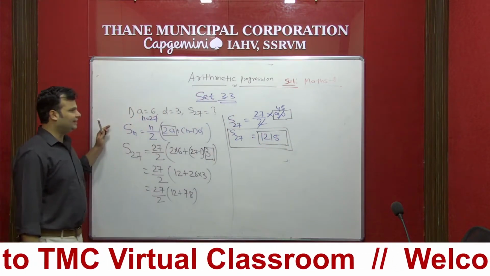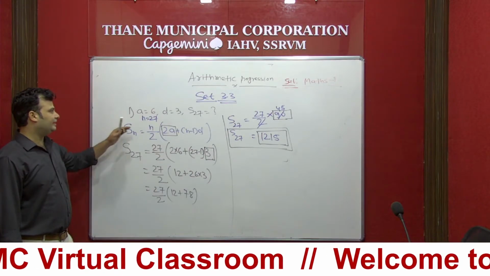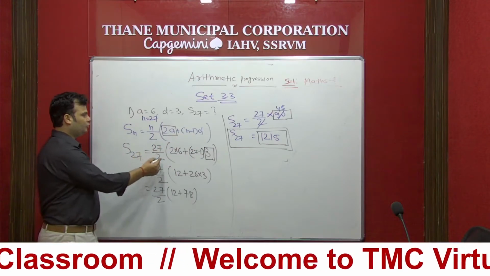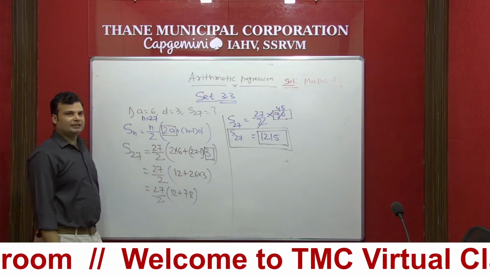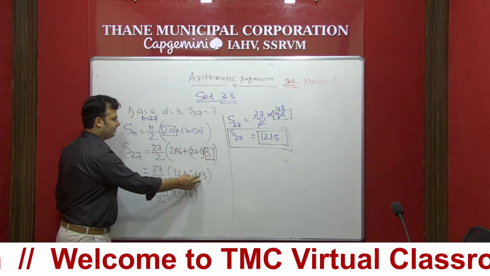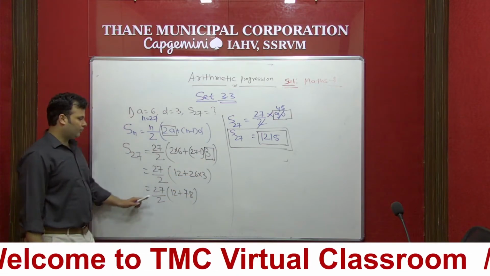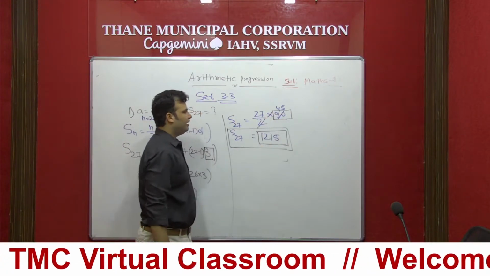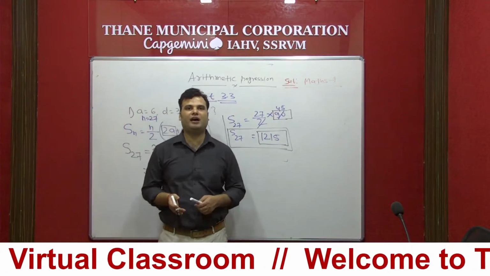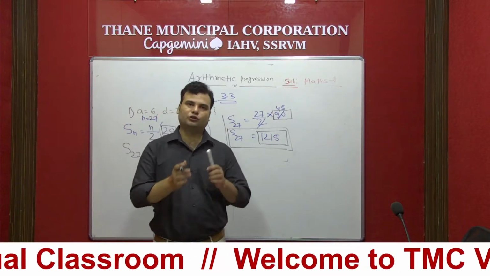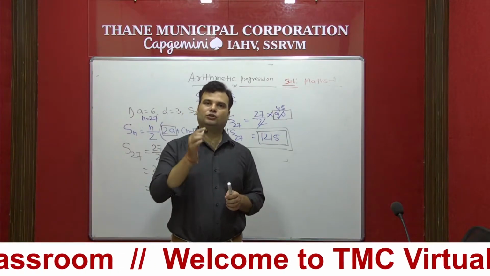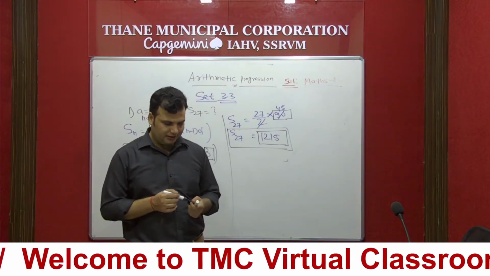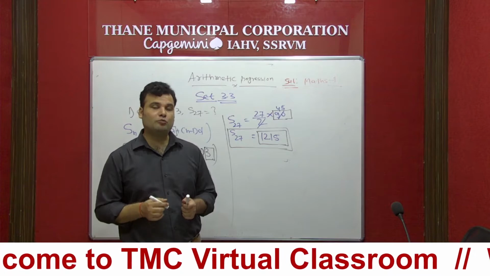So now you can see in this sum you can apply the formula of Sn. Sn equal to n upon 2, 2a plus n minus 1 d. So 27 upon 2, 2a, a is given 6, 27 minus 1 into 3. So 26 into 3, 78 plus 12. 27 upon 2 into 90, 2 से cancel करेंगे क्या आएगा 45, and final answer is 27 into 45 is 1215. That is your answer. इसको solve करो, and it is activity based question. So जहाँ जहाँ पे box है आप वहाँ पे box बनाना है आपको, ये it is compulsory. So this is the first sum depending upon the formula Sn.